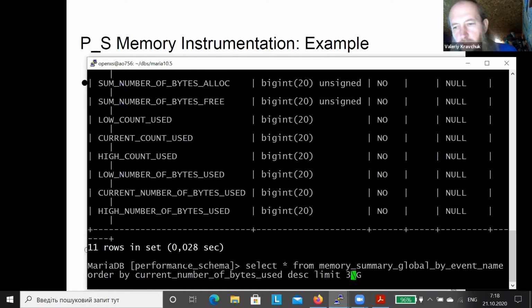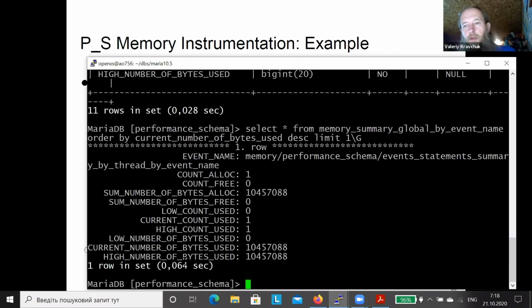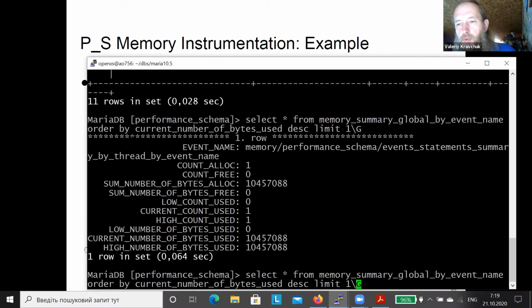So I will just try to see top allocation right now. And here I see the allocation for performance schema itself. That's because in this specific case, I ordered by current number of bytes used. So the size, if I order by count alloc, for example,